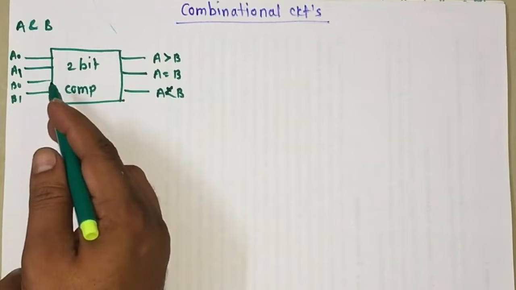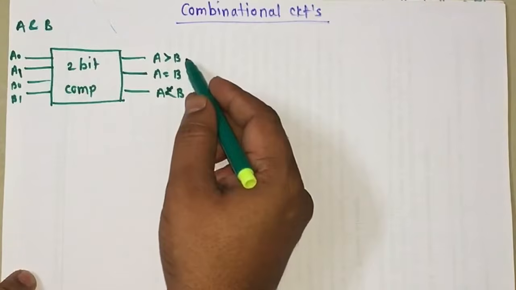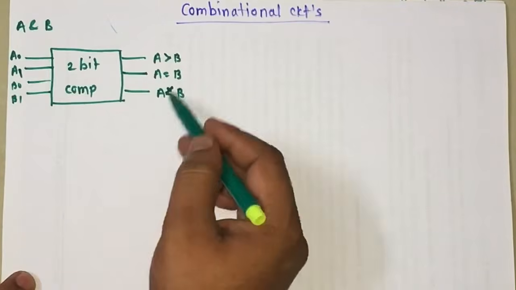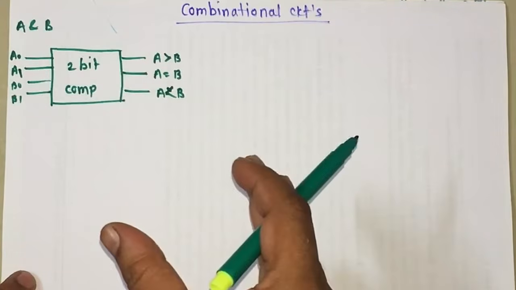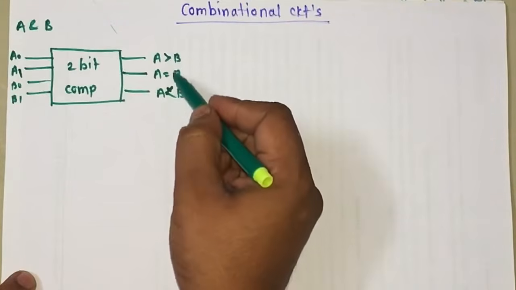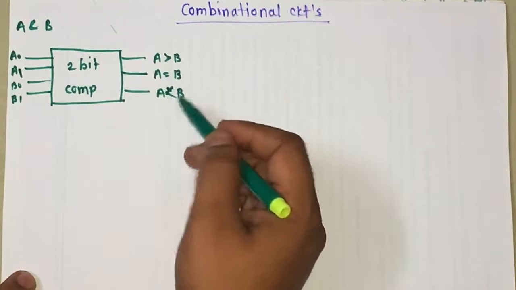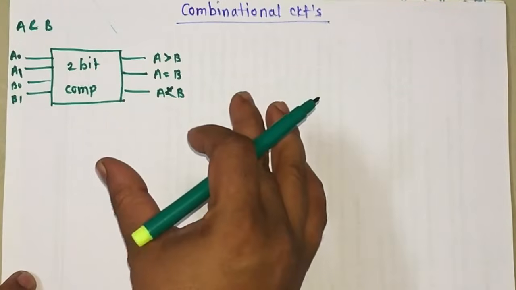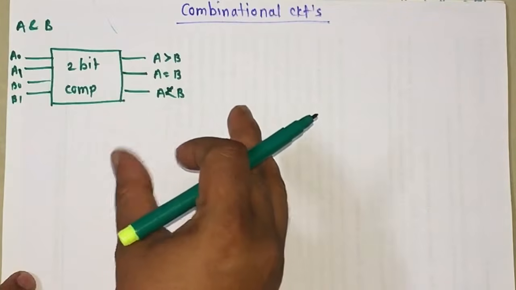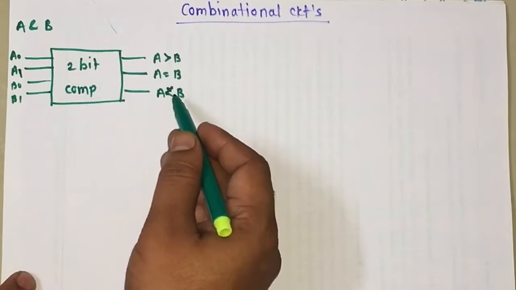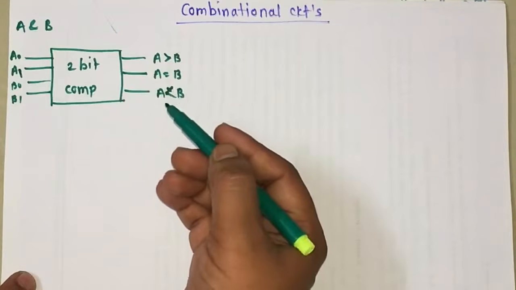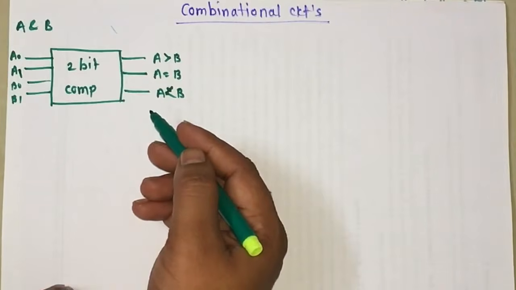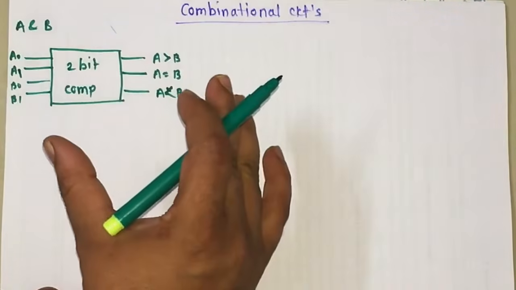Now we have to find out the equations. There is a relation between the inputs and outputs. In order to implement the logic circuit, we need to find the equations for these 3 outputs. How to find the equations? For that purpose we have to draw the truth table. The truth table always shows the relation between the inputs and the output. So first we have to draw the truth table.